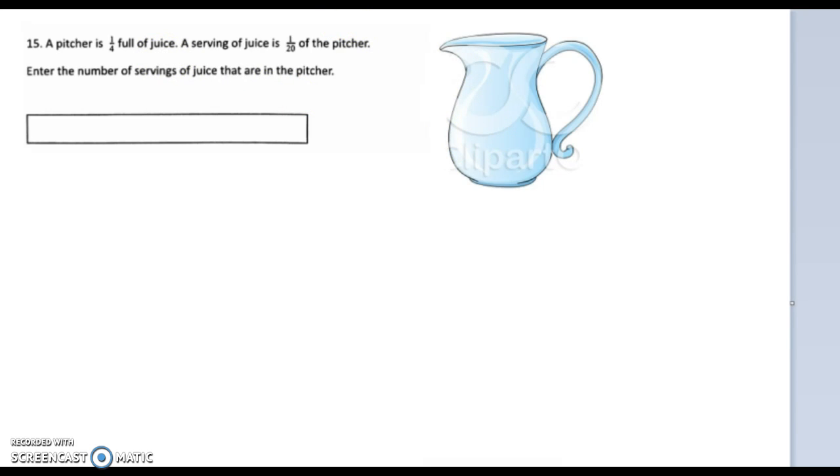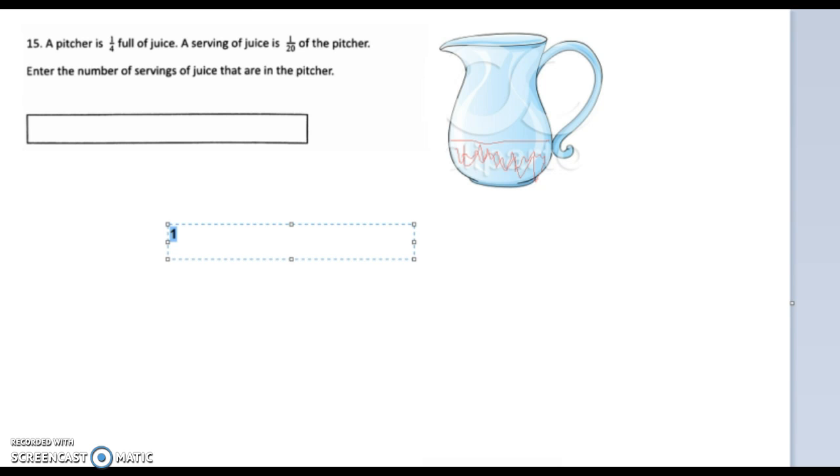So draw a line like right here. 1, 2, 3, 4. So it's like this full, right? And a serving is 1/20th of the pitcher. Which is like down here somewhere. If I split this in 20. So we have to figure out how many servings are there of the pitcher left. So all we have to do is go